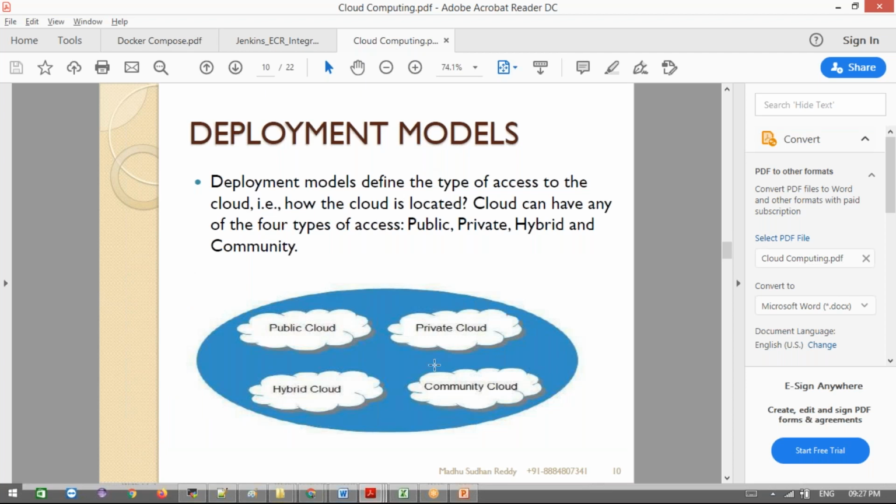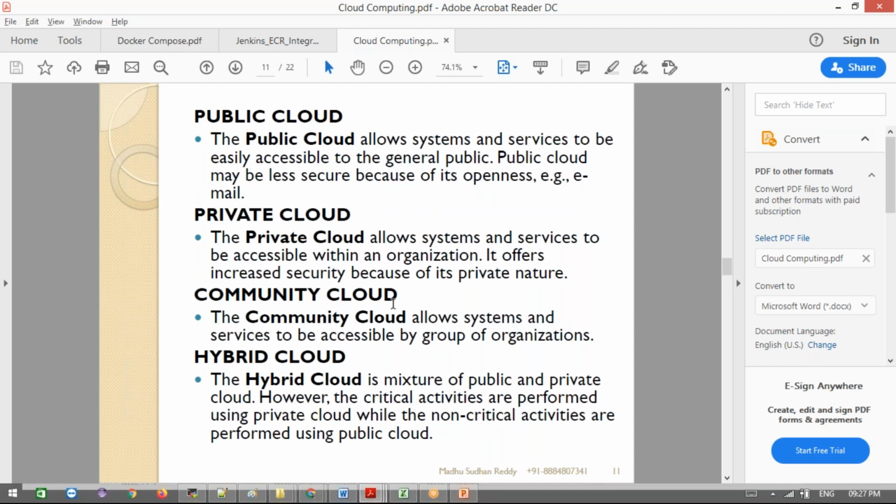The deployment models are the different kinds of clouds. A public cloud allows the system and services to be easily accessed by the general public. Anyone can access this. A private cloud allows the system and services